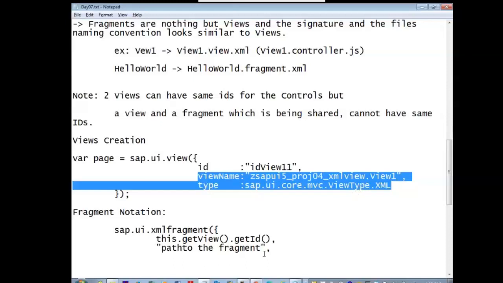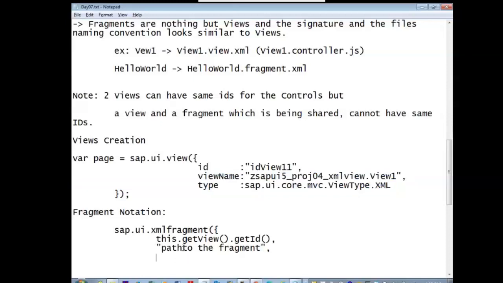One more parameter it takes here. What is that parameter? Now, I am the XML view. Just assume that I am the view myself. I am calling the fragment. The fragment is being called by me. So I am pointing the fragment to myself. Anything we are pointing to ourselves is referenced with the this keyword.